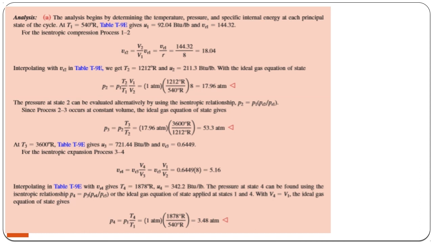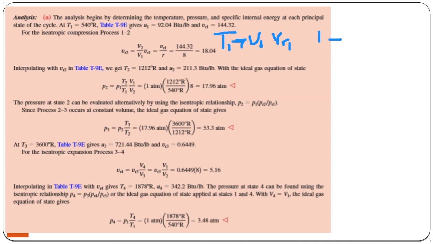From T1, you can find U1 and VR1. VR1 is the relative pressure. And when you have VR1, because 1 to 2 is isentropic,